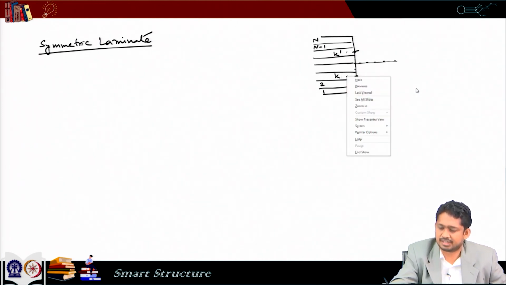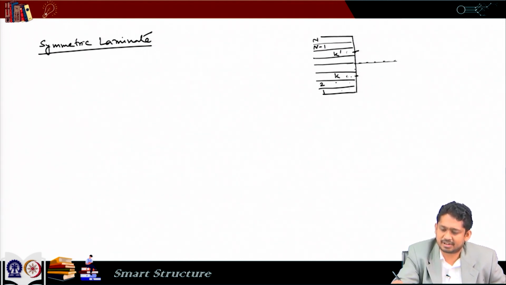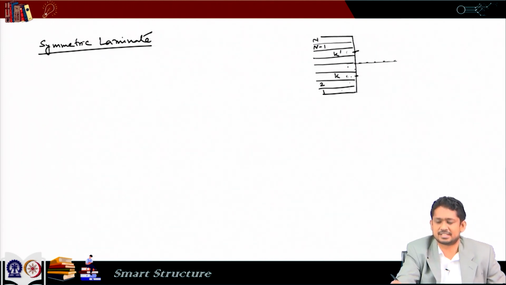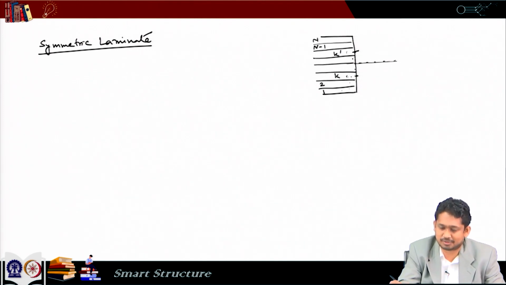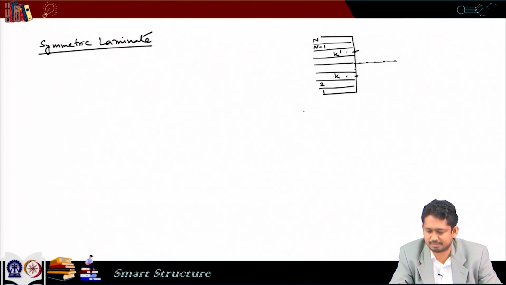Similarly, if at layer 1 and at layer n the ply orientation is same, if at layer 2 and at layer n minus 1 the ply orientation is same, and accordingly for any k, if the ply orientation at k and k prime location are same, we call it a symmetric laminate. So, orientation and ply thickness both have to be same. In all our analysis we are assuming that all the plies have same thickness. So, generally we show a lamination sequence in this form